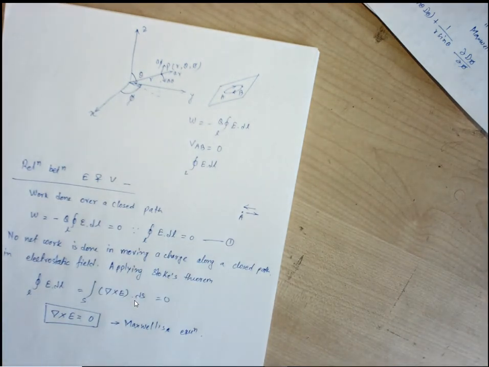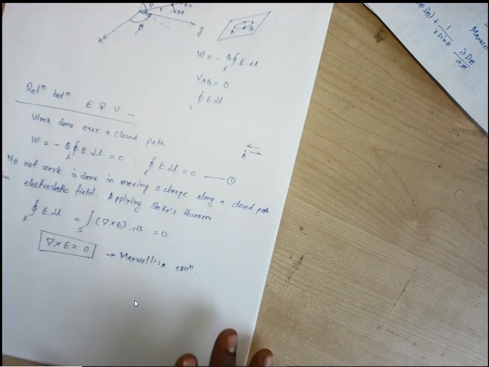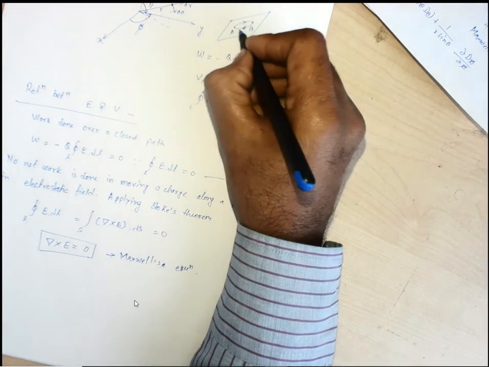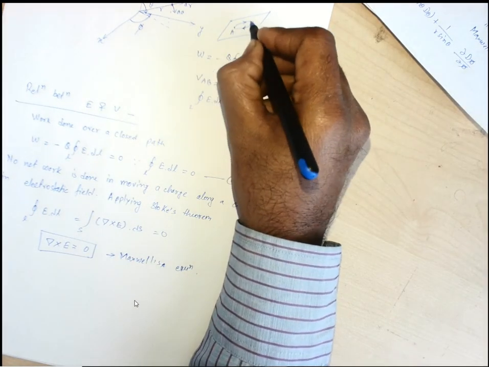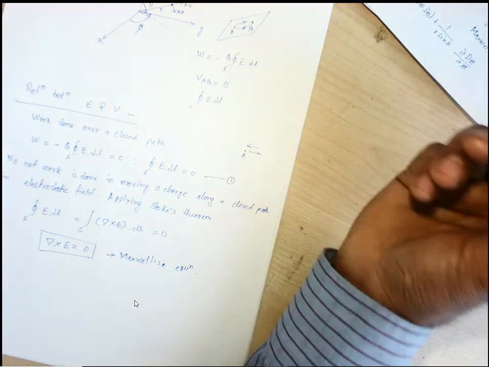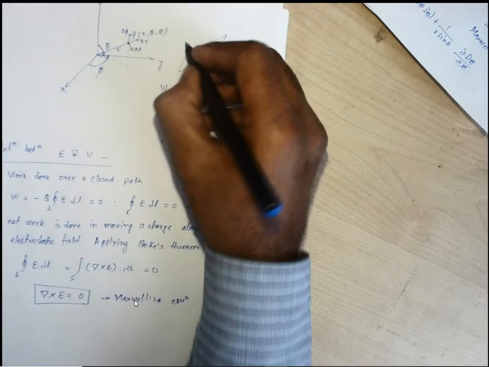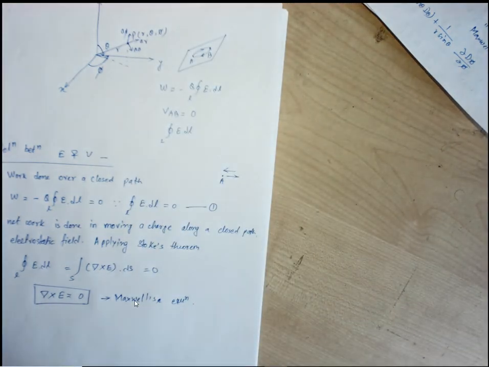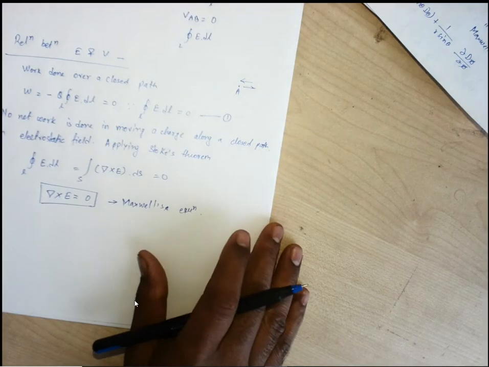Let us consider a metallic surface. For that surface, if the charges have the same values, then there is no net work done. So we can say that there is no rotation of electric field. What is the electric field here? The same electric field comes to this point. If we take the electric field from A to B and B to A, it is the same electric field, so what is the difference? The difference is completely zero. So there is no rotation of electric field.